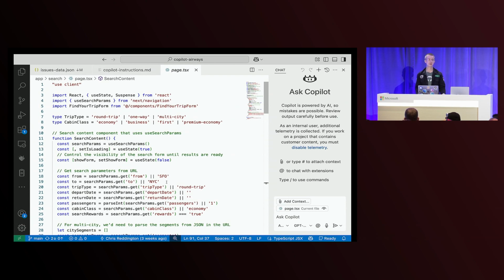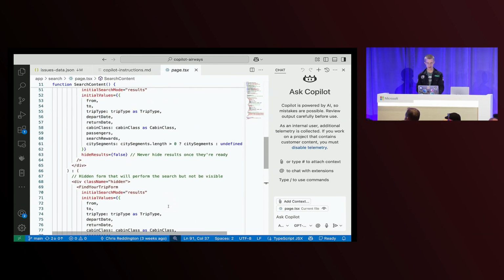Option number 2 is that I create an issue and put it in my backlog to be picked up later. And realistically, that will probably never get picked up and that thing will never get fixed. Or option number 3 is that I just forget about it. And realistically, option number 3 is the most likely thing to happen. But with Copilot Coding Agent, I've got another option, which is that I can stay focused on the thing that I'm doing, and I can ask Copilot to fix this thing that I've spotted in the background.